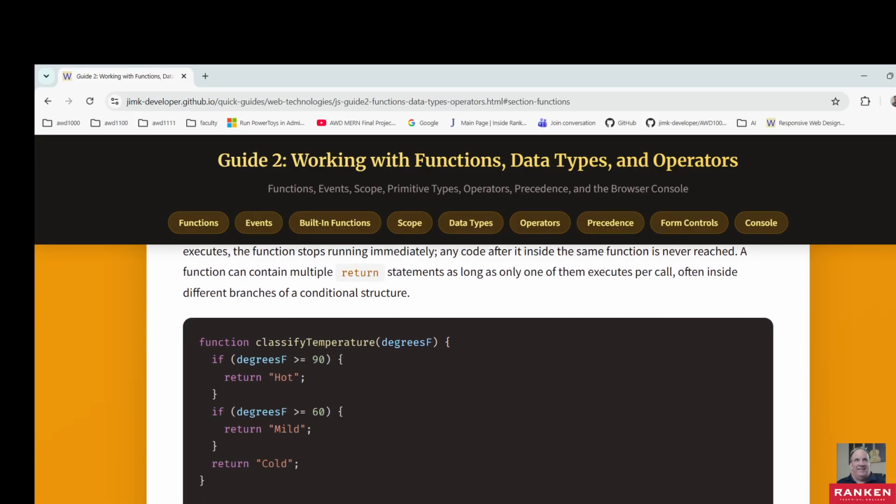Here's an example of a function called classify temperature. It takes a parameter of degrees F. Down here, you've got a call to classify temperature, passing in the argument 72, and whatever the value of that is, you're placing it into the variable result. In this case, you've got multiple returns. If degrees is greater than or equal to 90, return hot. If degrees is